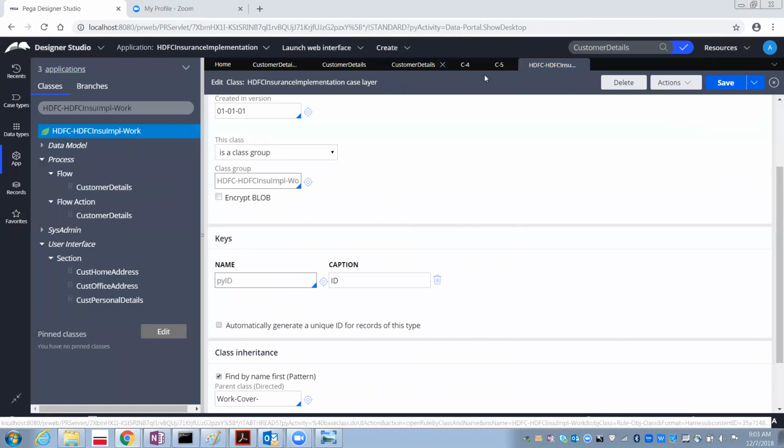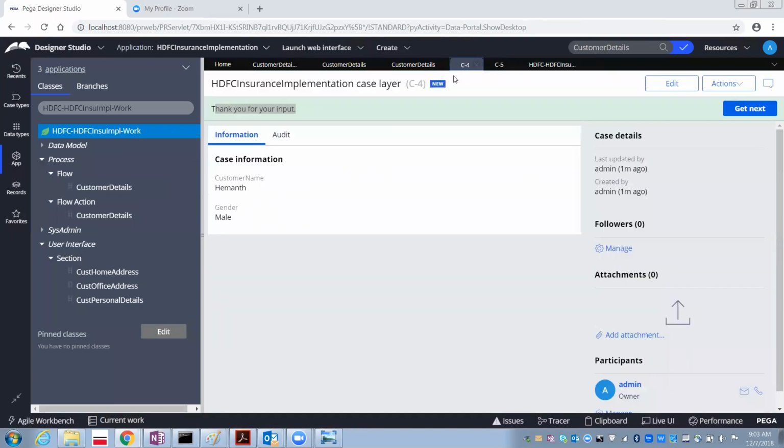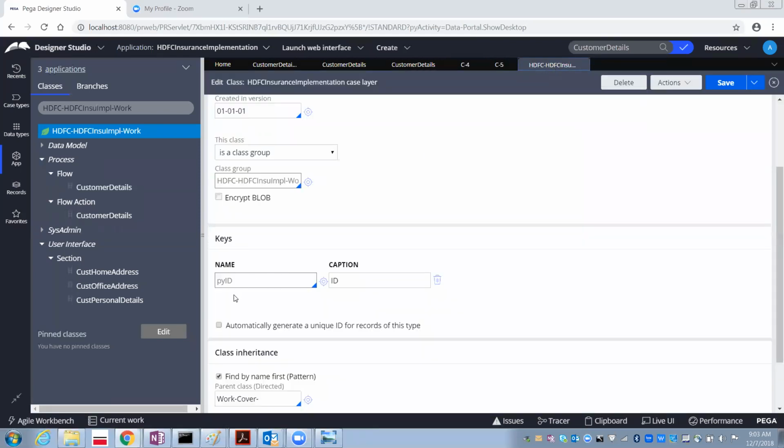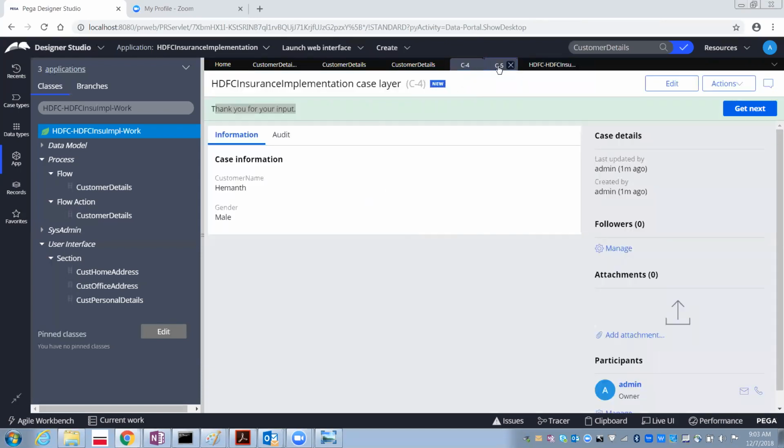Now when you create the work object, this work object is an instance of the work class. So for this work class, this is the primary key it is going to have, and that primary key value is C-4, C-5 like that.